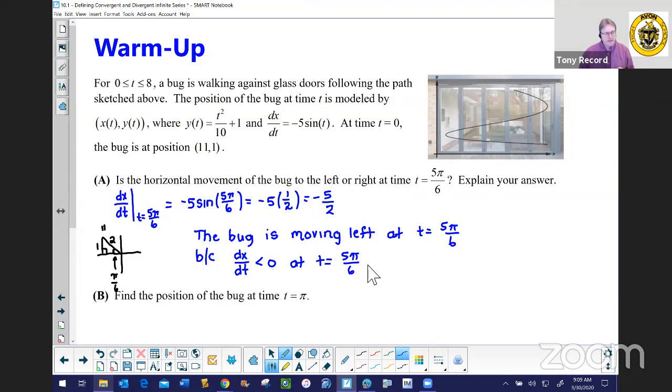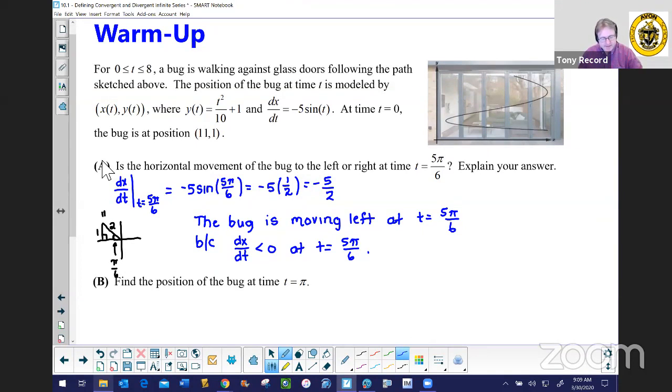All right, so if we move on to part B then, we're asked to investigate the position of the bug at time t equal pi. Now, because we're dealing with position that involves two fronts here, we need both a horizontal and a vertical component, right? We're dealing with vectors here. We have two things that we have to find. We have to find a y value at time pi, and we have to find an x value at time pi. Well, fortunately, the y value at time pi, which I'm going to actually find first,